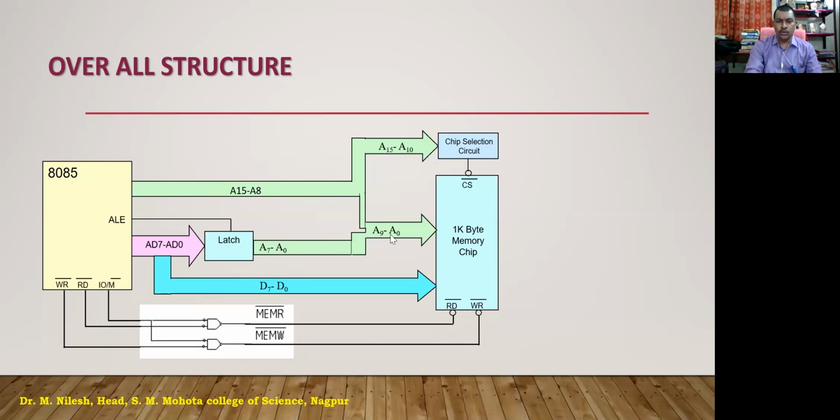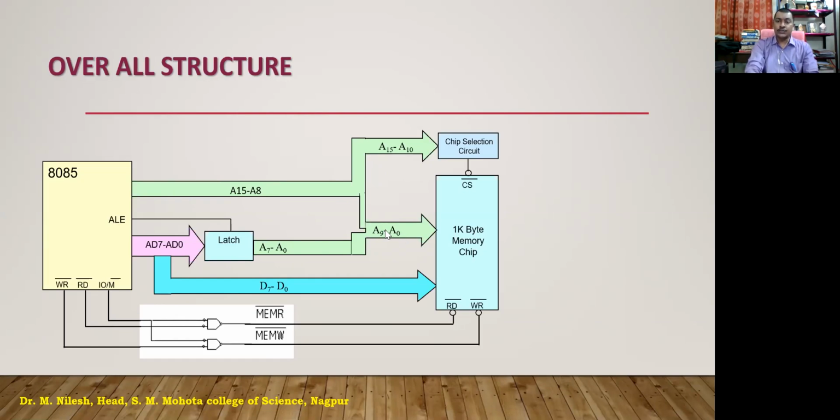Sorry, this should be A0 to A7, and from the other it should be A8 to A15, right? So this is going to work. Here we are also having some chip selections. Memories are having some chips. So A10 to A15 are going to select the chips, whereas A0 to A9 are going to give you the address location. They are multiplexed here, and some of them are again multiplexed over here. So three wires are again multiplexed over here.